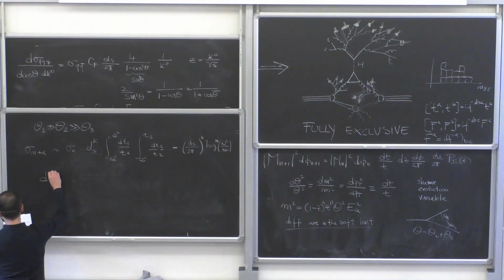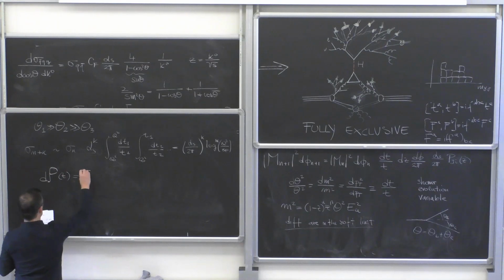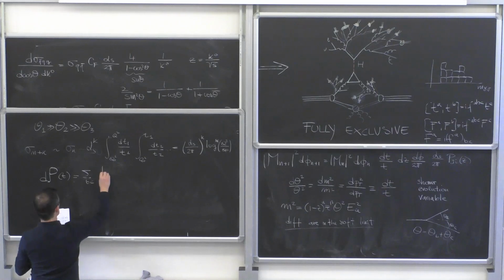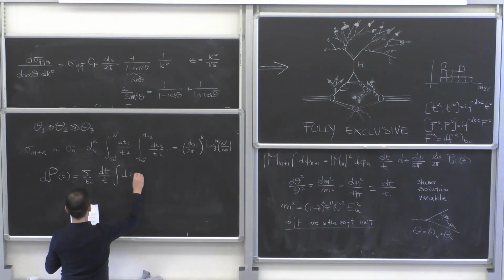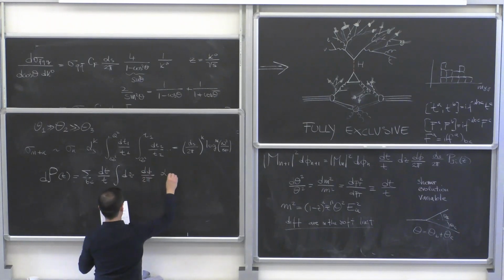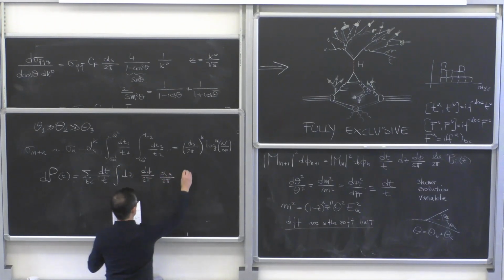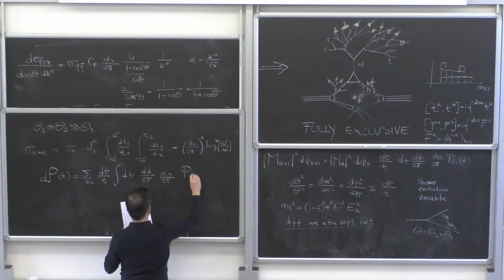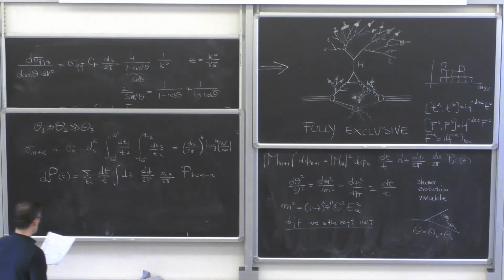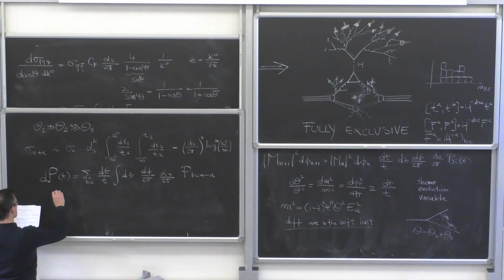What I do is define a probability, which is a sum over possible splittings, dt over t, the integral in z and in phi, alpha_s over 2 pi, the splitting function of A going to C,